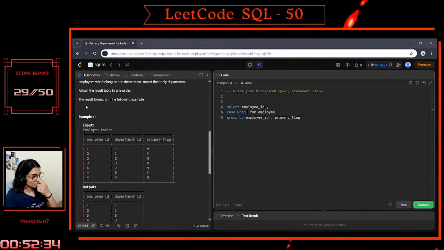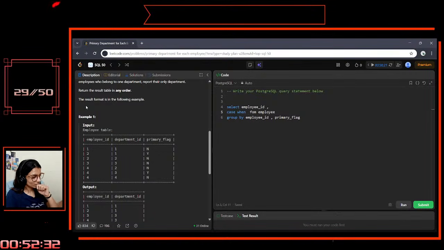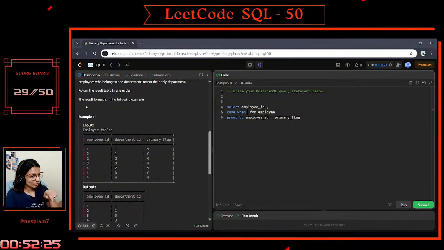So, or a partition by, then partition by employee ID, join it, partition by employee ID, get the count, put a case when, no, put a case when count of department ID greater than 1, then